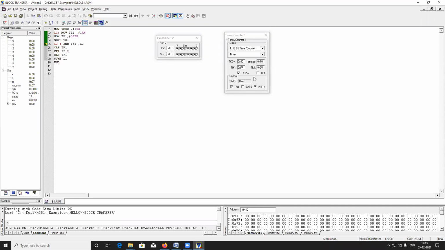Here counting is starting. Here see the counting is starting. Up to this, what is the 40H? Up to the FFH.